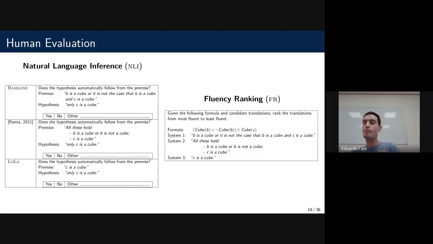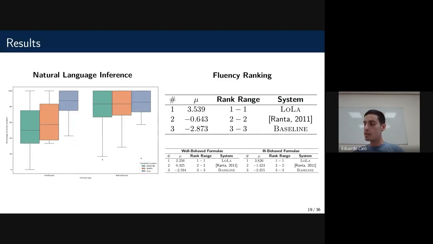While for fluency, we decided to give evaluators a formula and the translations given by the three systems and rank the three translations based on fluency. The results of